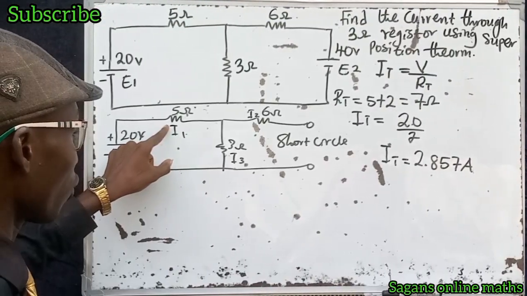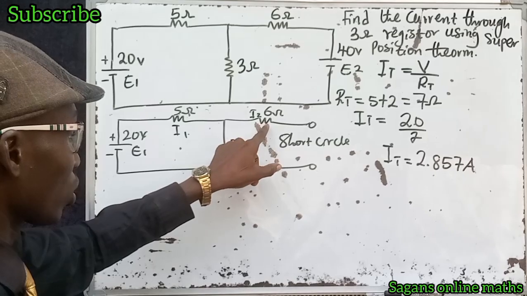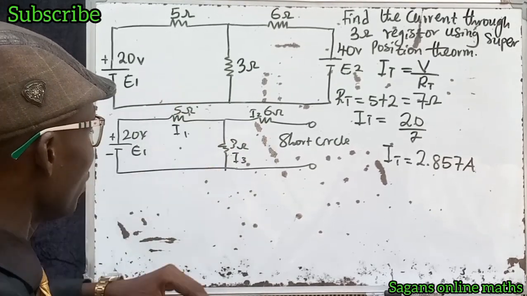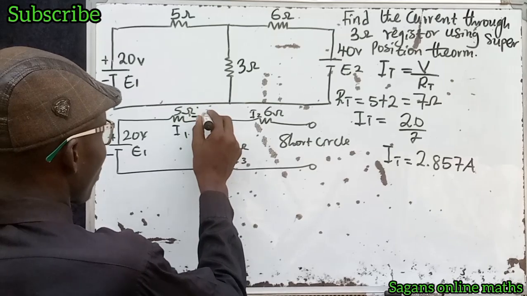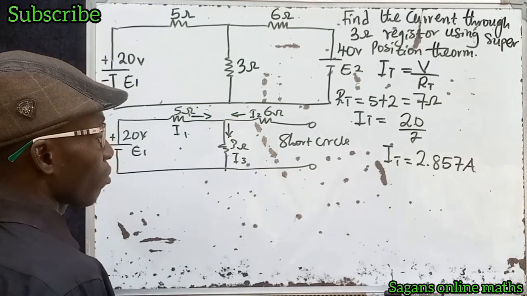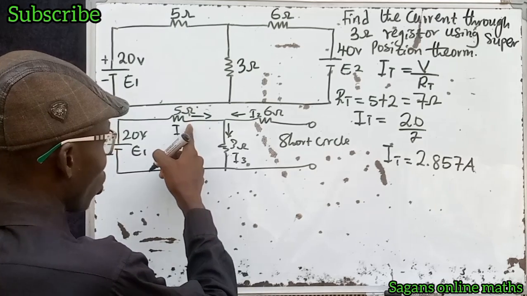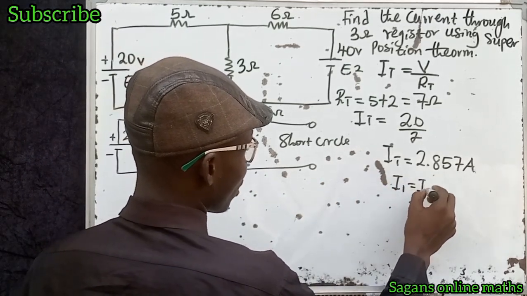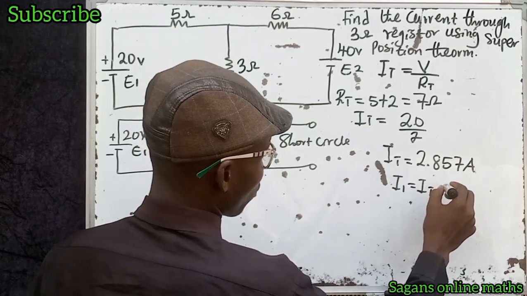I1 is the current that flows in resistor 5, I2 is the current that flows in resistor 6, and I3 is the current we are looking for. If we can know the current that flows here and the current that flows here, we can know the current that is entering here. That's the current we are looking for. So for us to have the current that is flowing here, we say that I1 is equal to the total current, then multiplied by